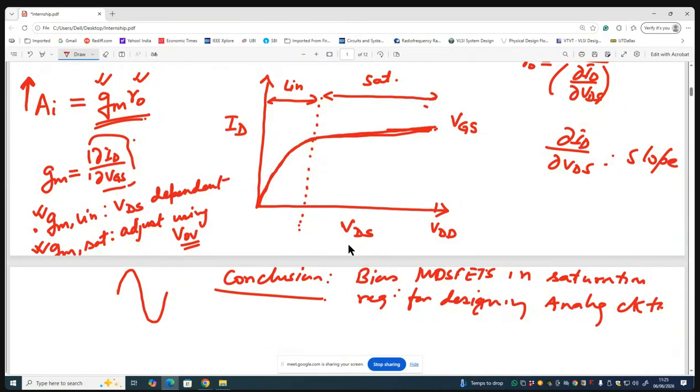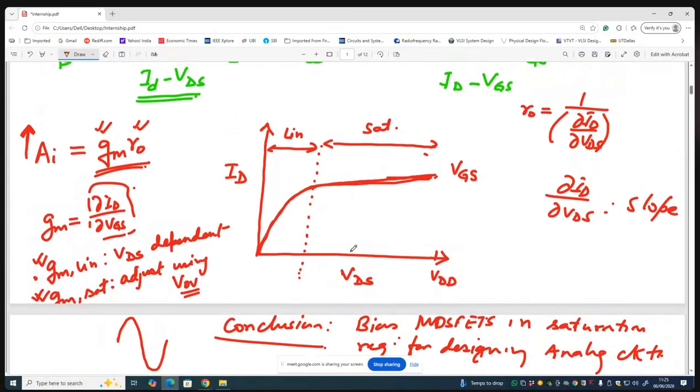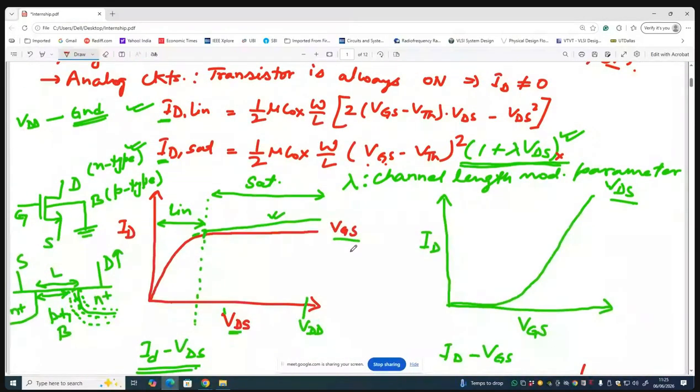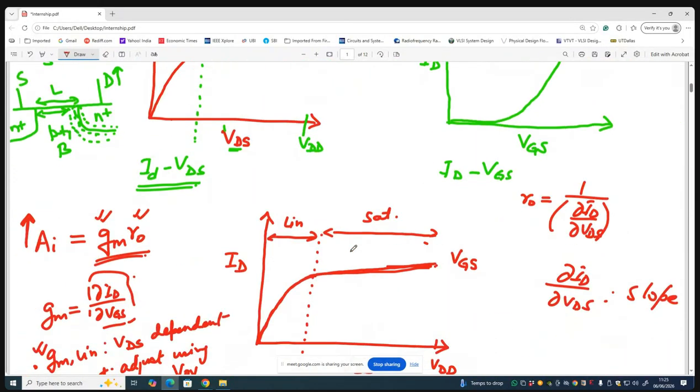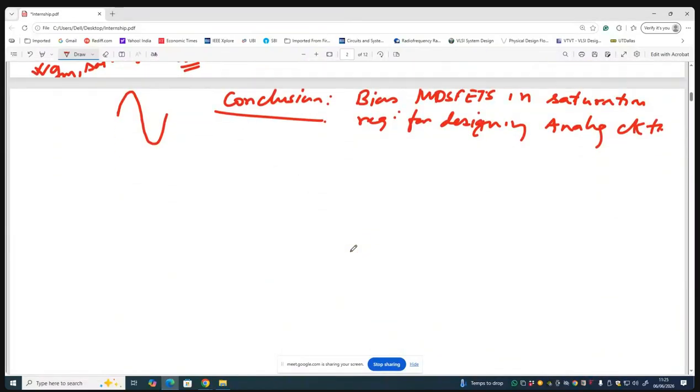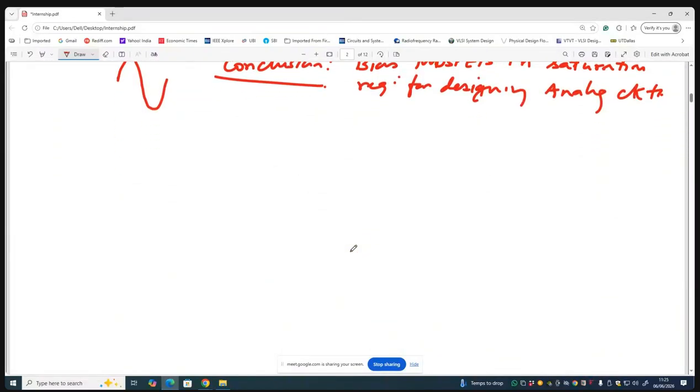No, sir. So from this discussion, we have concluded that when we have to design an analog circuit, we are sure that we want to operate the transistor in the saturation region. Now there is no doubt about that. Okay. Now the next thing that we want to do is